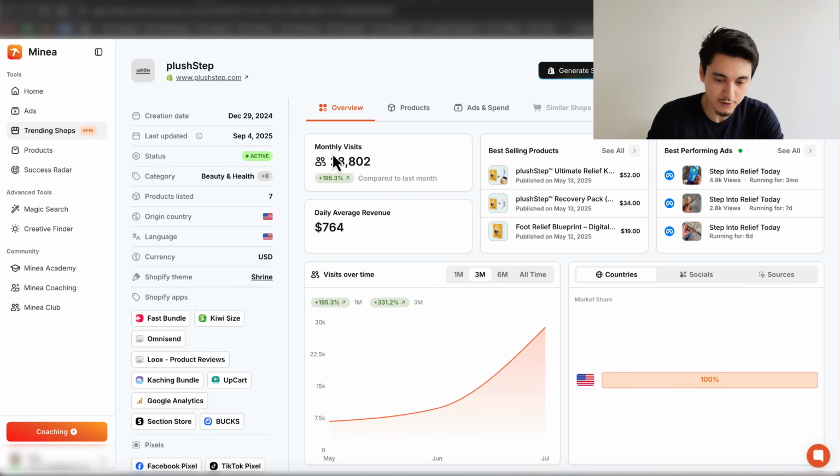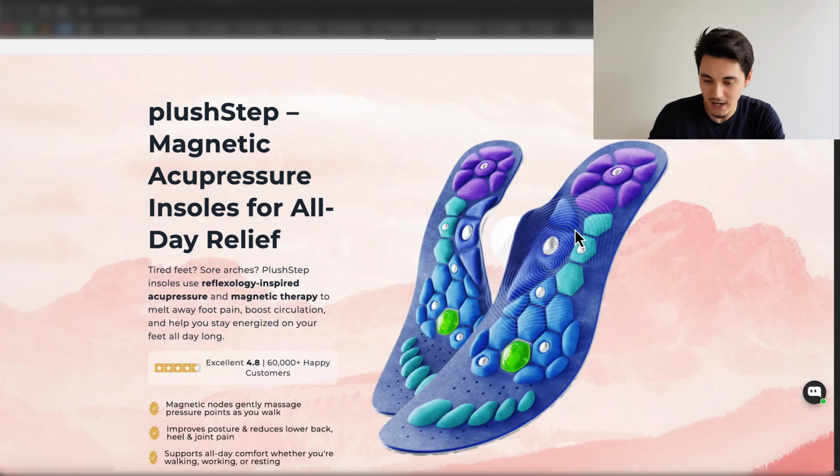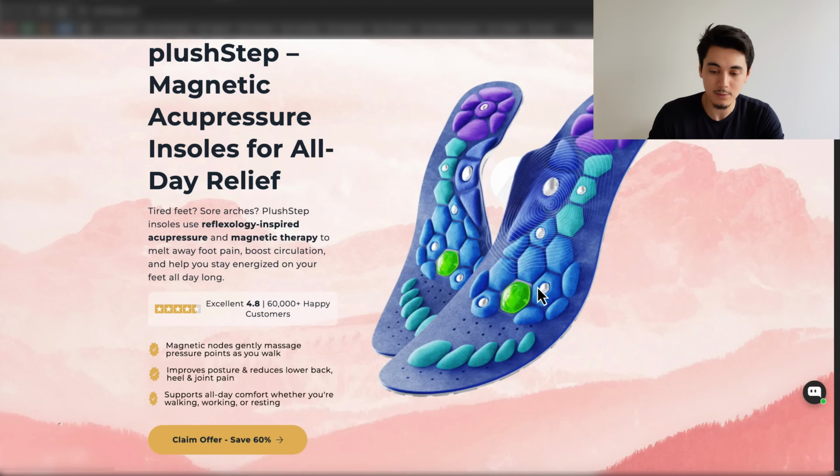So we can see they're doing around 30K visits per month, around $700 in revenue. But let's go ahead and just take a look at their store to see what they're selling. So it looks like they're selling some magnetic shoe insoles, which is a perfect example of a product that I